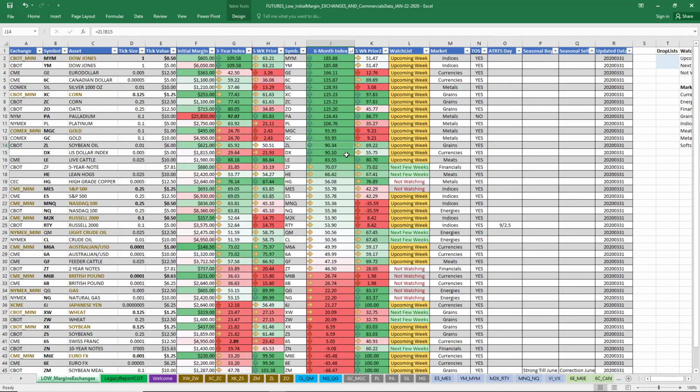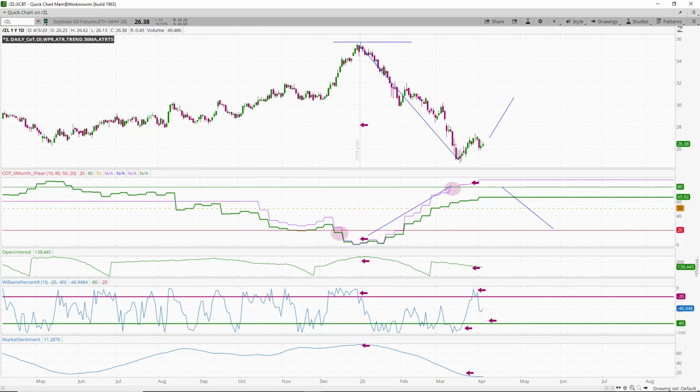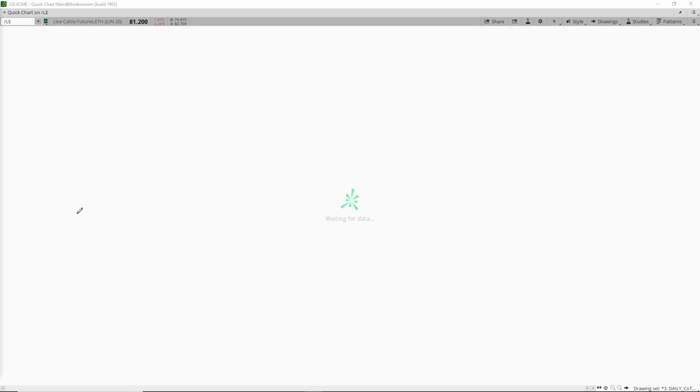Let's go. We're going to keep it on the upcoming week. Dollar index we're going to continue to monitor. Live cattle, a little bit of shift here. We've done a couple of videos on live cattle, but we have not been back into this trade. Well, they've come down a little bit. So we haven't been monitoring live cattle.